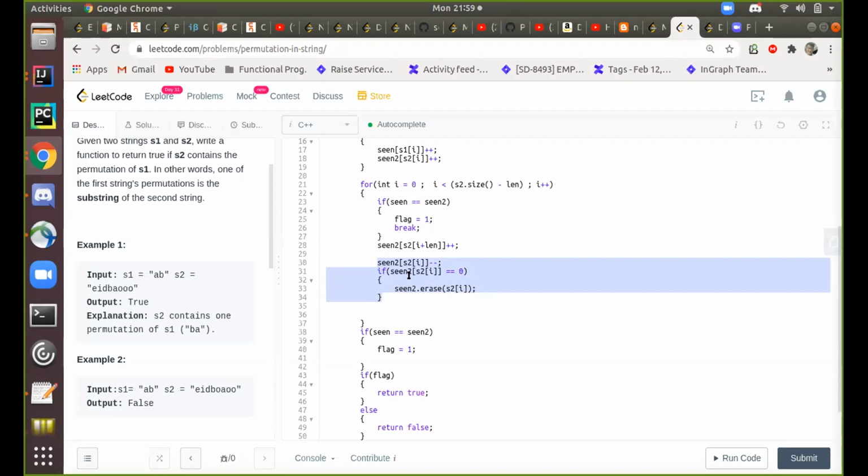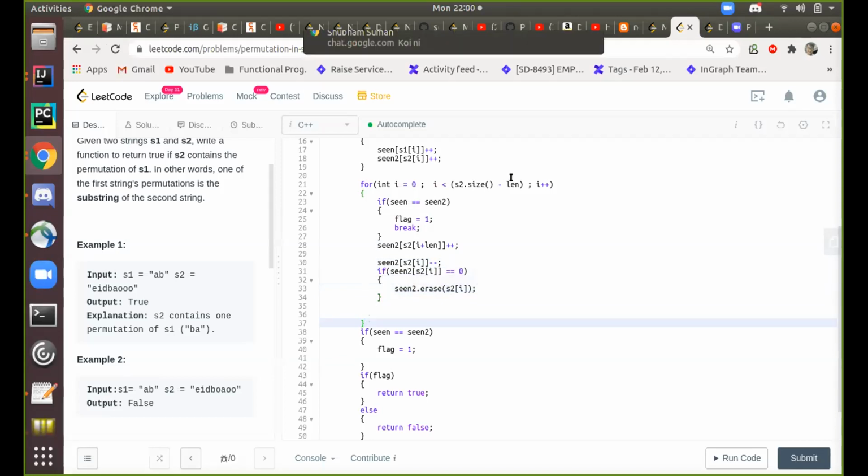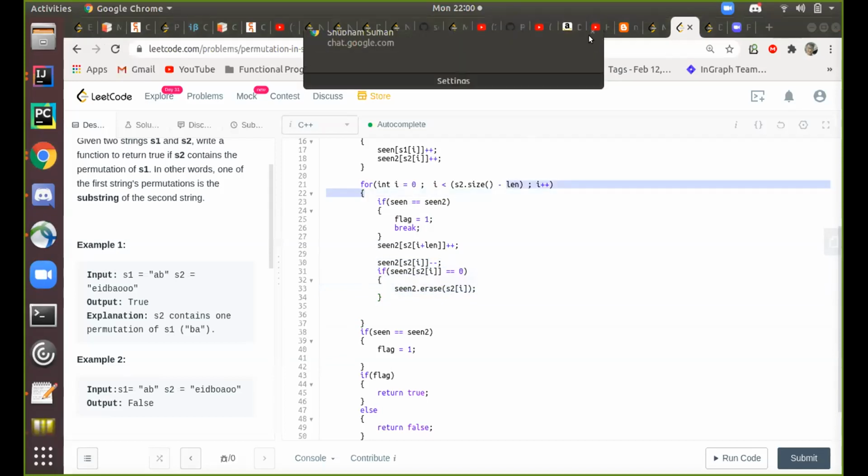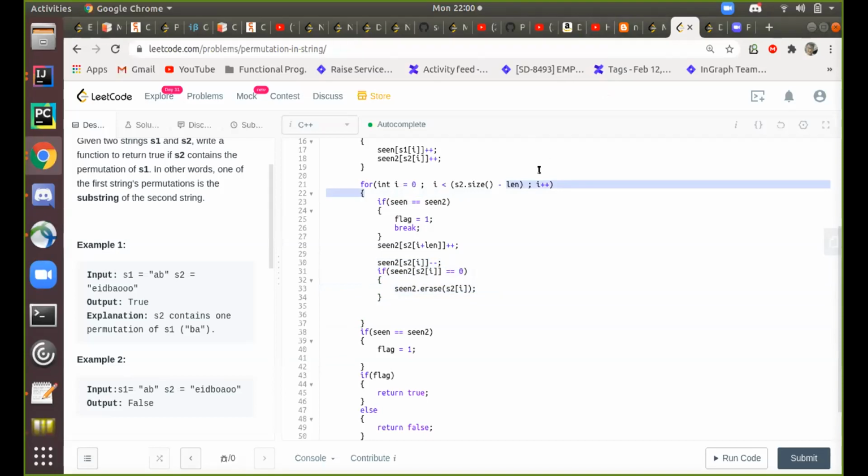Yeah, so I think this frequency check, the way I'm doing it, can be done in a better way, like checking and then erasing. Okay. Maybe there's a shorter way of doing it. Yeah, so I keep on doing this for this part. Right. Okay. And for the last character, I'll have to take an example.